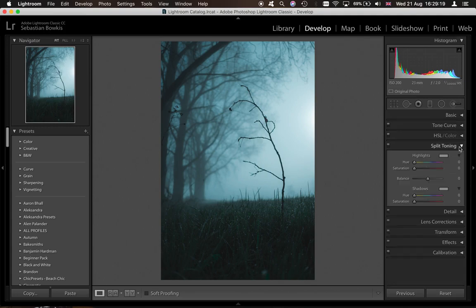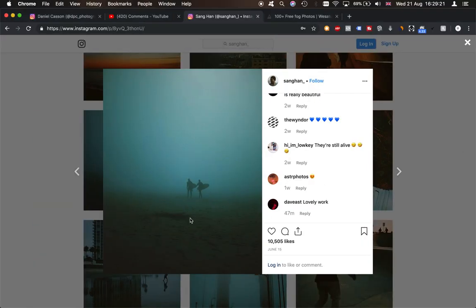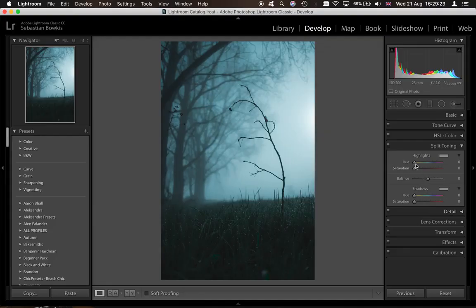The next thing is the split toning. Now we're basically going to be going for greens in the highlights and the shadows, I think. So drag up the highlights to around about green. Introduce some saturation there, around 6, maybe 10. Then the same for the shadows,